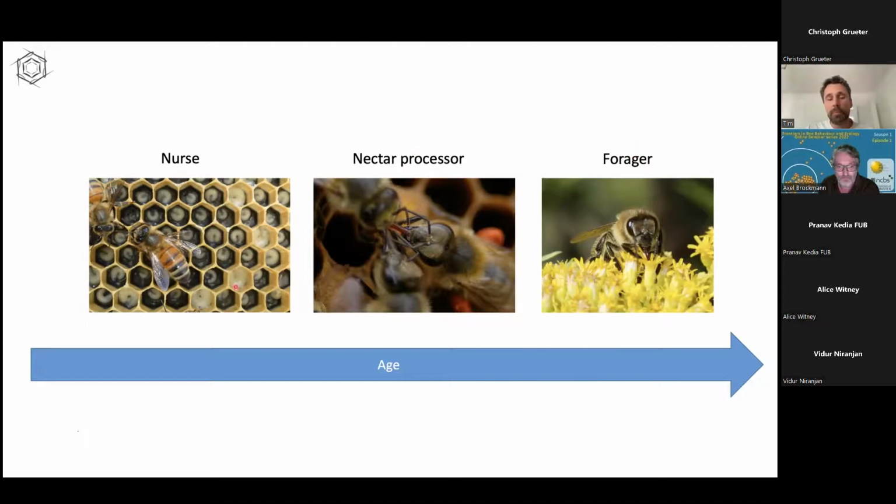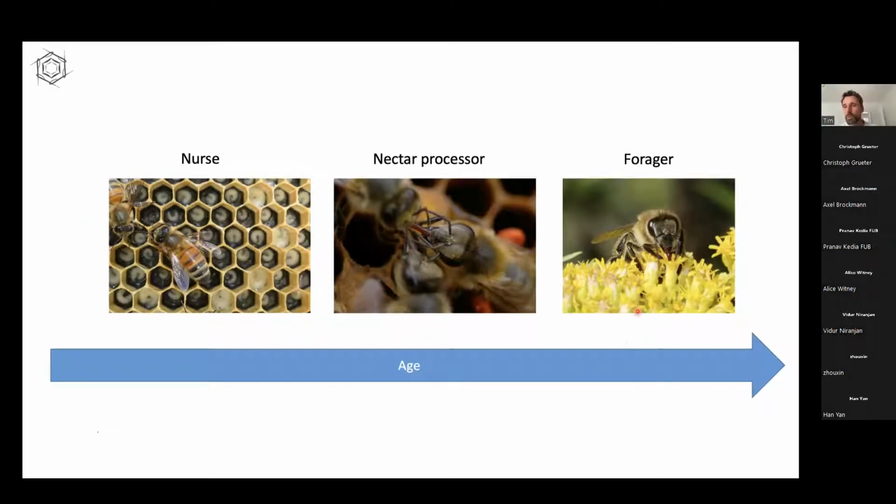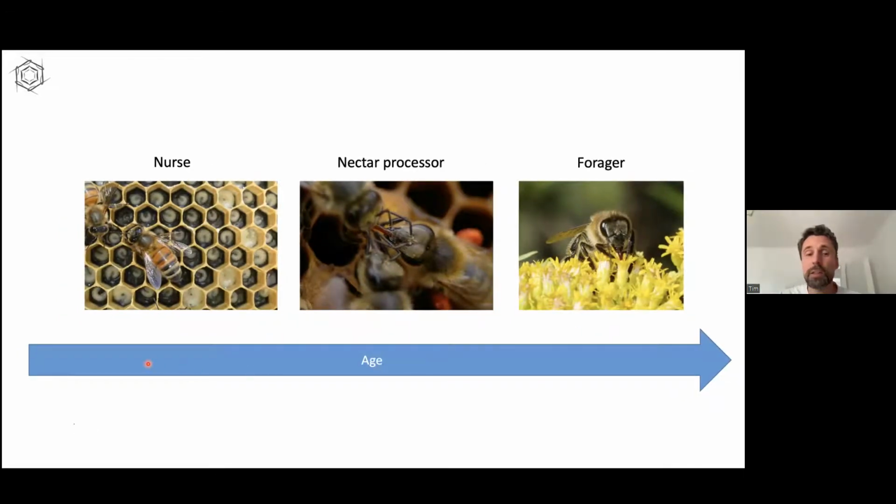And what we know about bees, so the textbook tells us that, is that the age roughly determines this task. Yeah? So young bees become nurses, then as middle-aged bees, they become nectar processing bees. And then as they age over, let's say 21 days or so, they become foragers. And we already know that this isn't a one-way street, and young bees don't always necessarily have to be only nurses. So there's a lot of variation, but this is pretty much the rule of thumb. Yeah? So one number tells us exactly what a bee is doing.